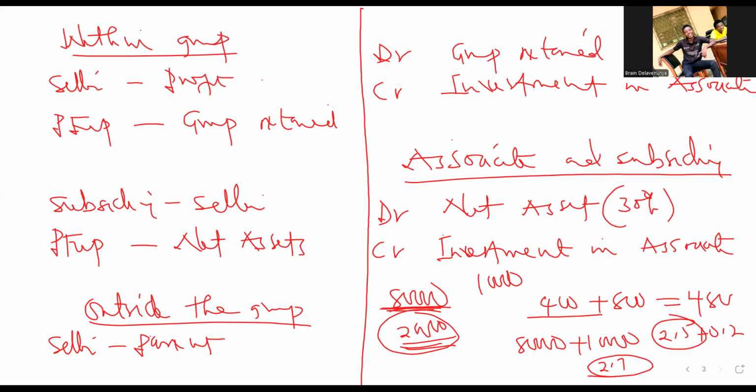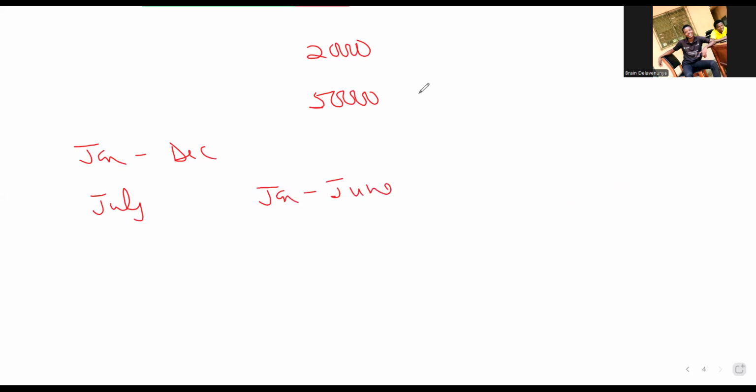Okay, so you just ask yourself, the profit for the year is for 12 months. Within that 12 months, these people have operated for how many months before you acquire them? So it can be like this. They can give you the retained earnings, maybe they can say balance at the beginning of the year can be 20,000, and the profit for the year can be, let's say, 50,000. And their reporting date is January to December. So on 1st July, you have acquired them. It means that they have operated from January to June before you acquire them.